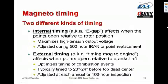And it's an adjustment that's made internally to the magneto. Its purpose is to make sure that the points open at the point of maximum induced voltage in the primary in order to generate the hottest possible spark. Over time, as the points wear and as the cam wears, particularly the cam wears in a Slick mag, or the cam follower wears in a Bendix mag, the EGAP, or the internal timing, will drift off, and as it drifts off, the mag's output voltage will gradually